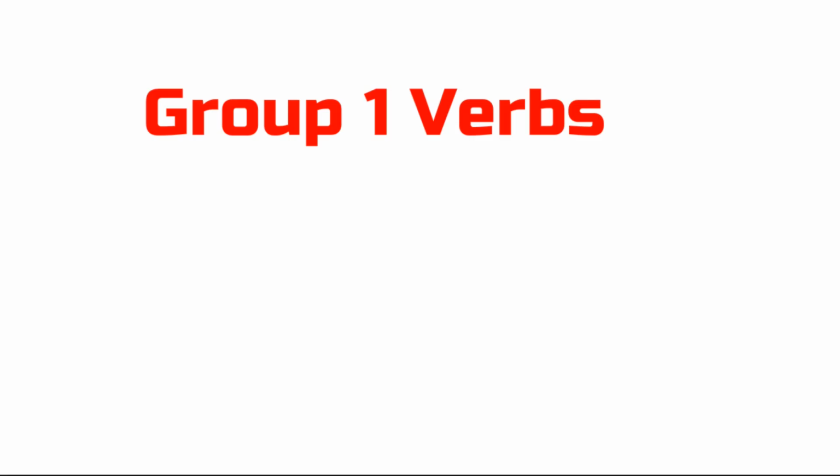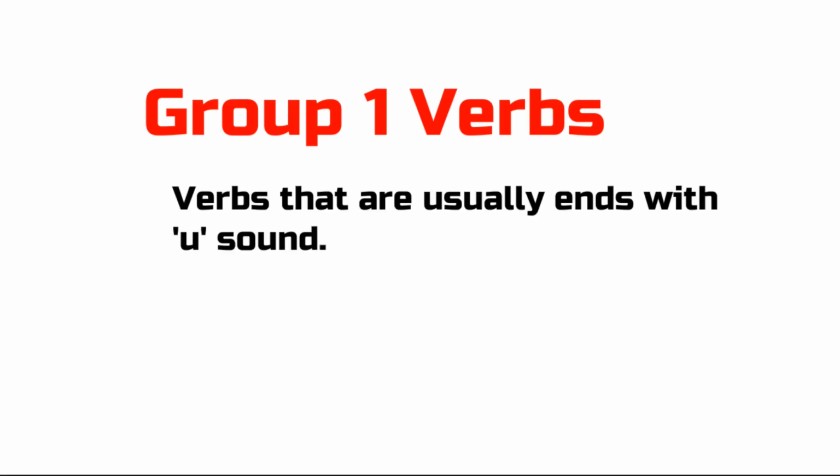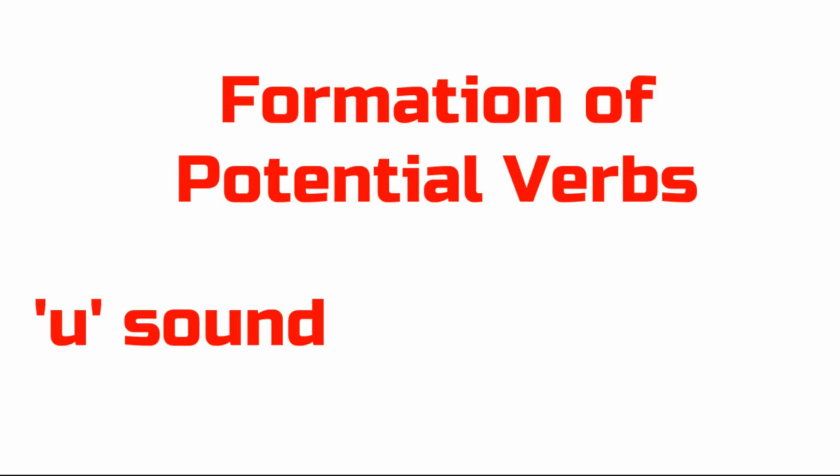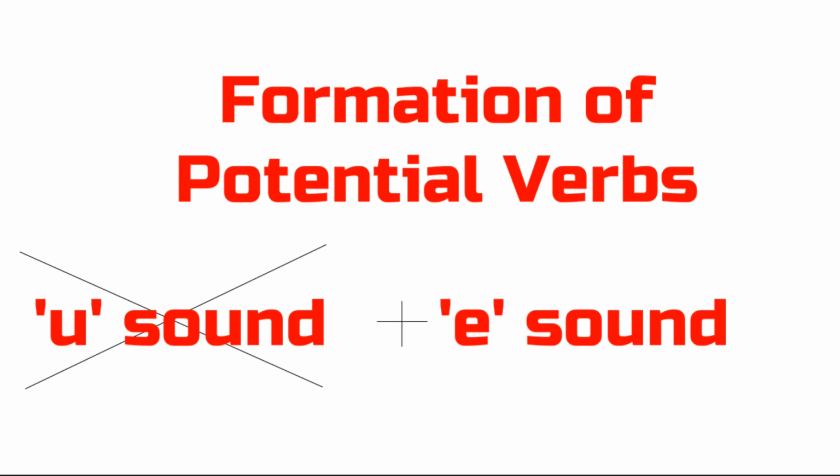Group 1 verbs are the verbs that usually end with a U sound. For example, kaku, nomu. To make it a potential verb, we should remove the U sound and find the corresponding A sound, and then add it. Finally, we should add the letter ru